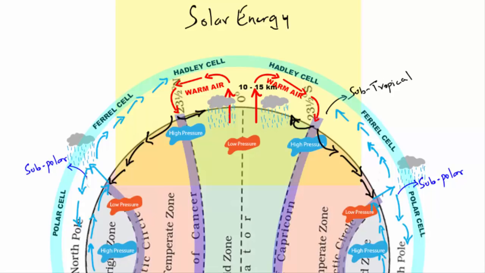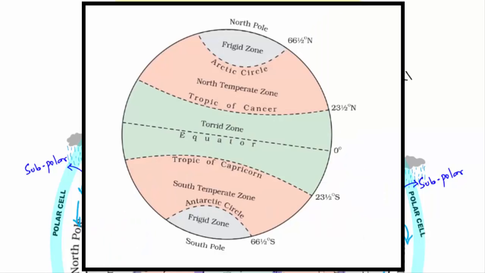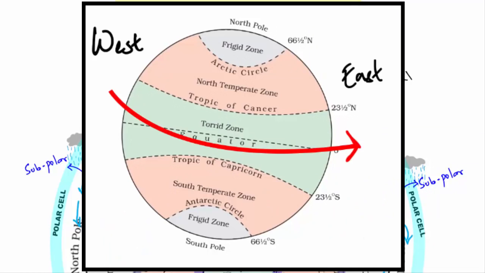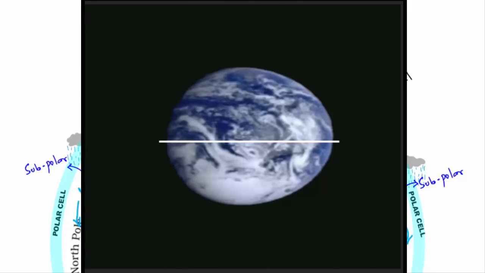So what is Coriolis force? We know that Earth spins on its own axis. That's how we witness day and night. Every day the sun rises in the east and sets in the west. That means the Earth is spinning on its axis from west to east. Since Earth is a sphere and wider at the equator, the rotational velocity of Earth at the equator is more than what it is at higher latitudes. For example, at 30° north and south, the rotational velocity is less than what it is at 0° equator.